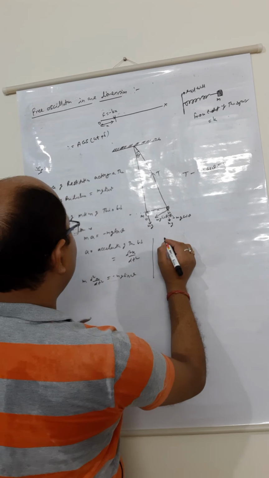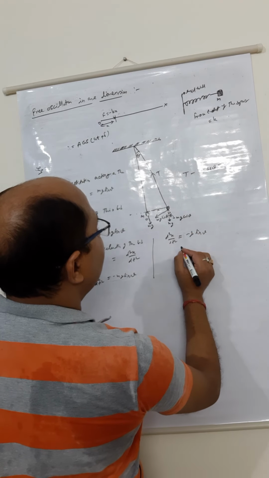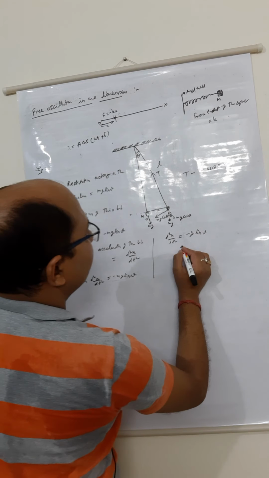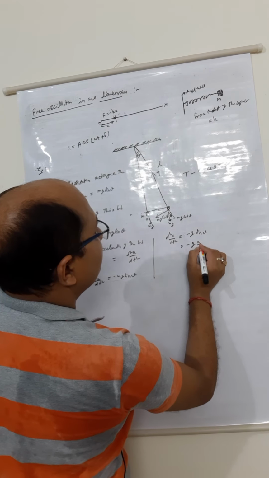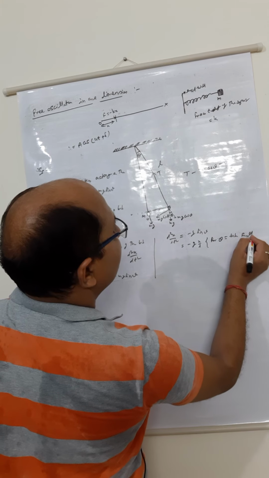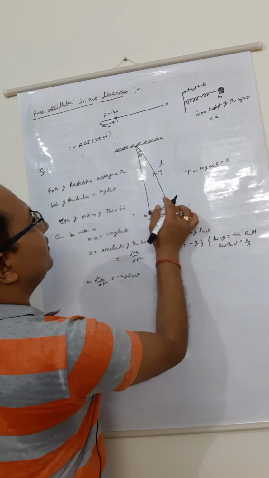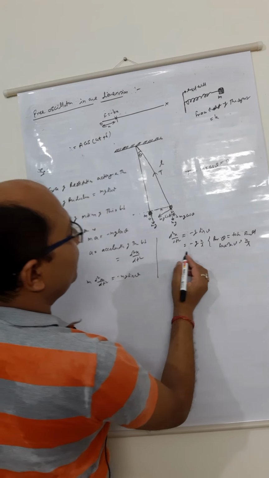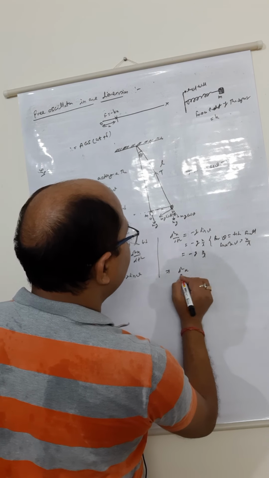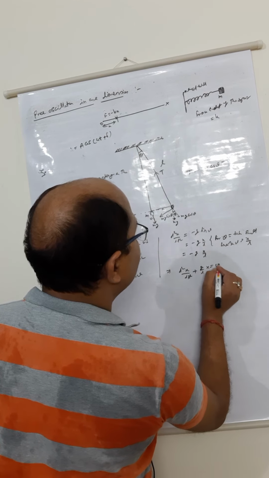Now solving this, we get d2x upon dt2 equals minus g sin theta, and for theta to be small, we can write sin theta equivalent to theta, which is equal to x upon L. This will be the arc and this is the radius, so we can write it as minus g x upon L. So the equation of motion comes out to be d2x upon dt2 plus g upon L x equals 0.